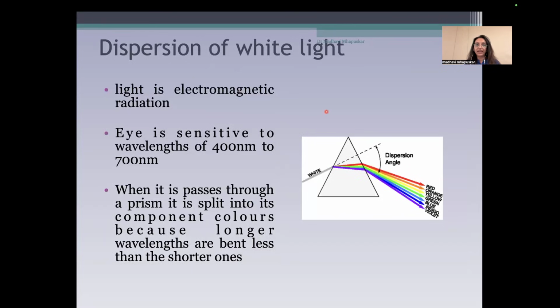Now, when you look at white light, we all know it is an electromagnetic radiation. The eye is sensitive to wavelengths from 400 nanometers to 700 nanometers. So that is visible light. When this visible light passes through a prism, it is split into its component colors because the longer wavelengths are bent less than the shorter ones.